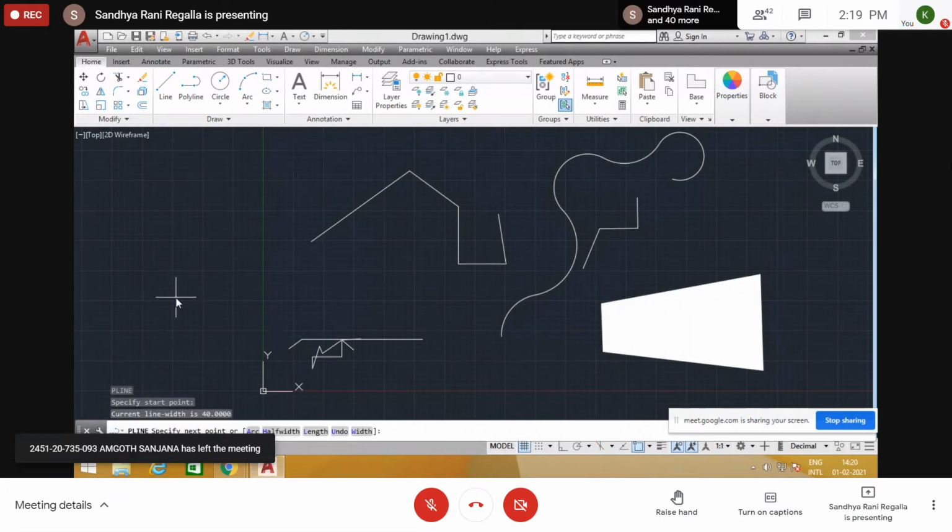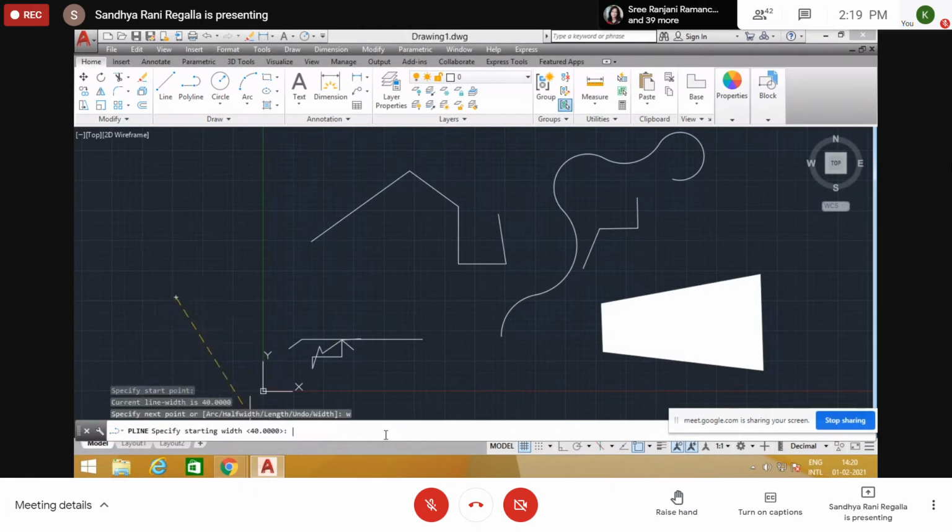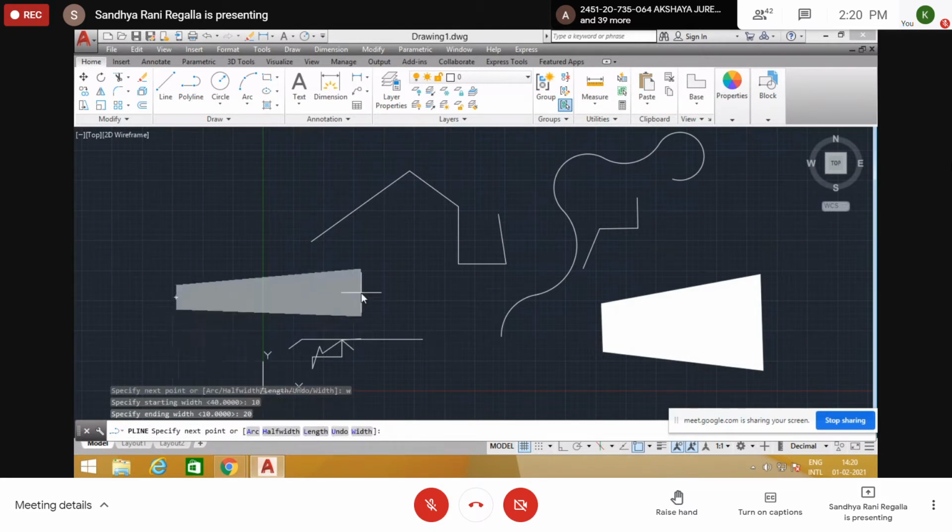And here, instead of half width, we have the width option also. W, enter. Starting width, I will give 10, same as earlier. Earlier half width is 10, now full width is 10. Ending width, 10 and 20 I will give.